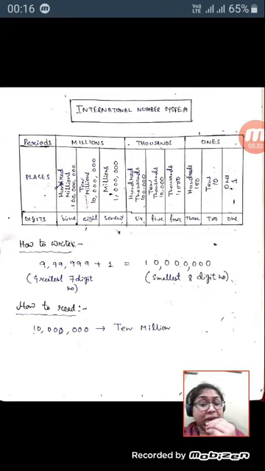Now please check how we will write and read any international number. Before that, see, there is an example where the greatest 7-digit number is placed, which is 9999999. Now if we add 1 to this number, you will get the smallest 8-digit number, which is 10000000. So how will you read this? This is 10 million. If we write it like this, 10,000,000, we will get 10 million.